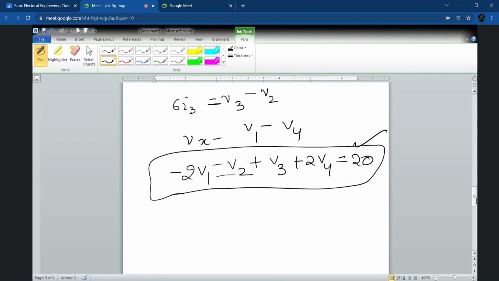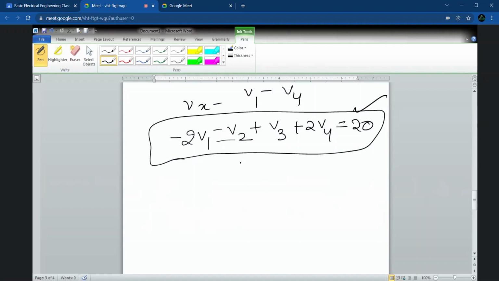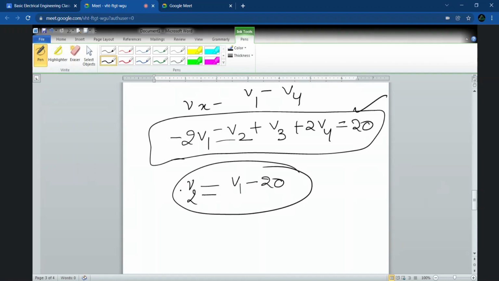ठीक है. Yes, ma'am. So we got these 4 equations, and we can again substitute the equations in this and solve, and now we can make the matrix also. ठीक है, अब हमने eliminate कर दिया ना उस node voltage Vx को in terms of V1 and V4. So we have now the number of equations. We have to find V1, V2, V3 and V4. ठीक है, so V2 जो है that we can eliminate. Reason being it will be equal to, is it clear? So we will be now having 3 equations and 3 unknowns. Why? Because V2 is equal to V1 minus.